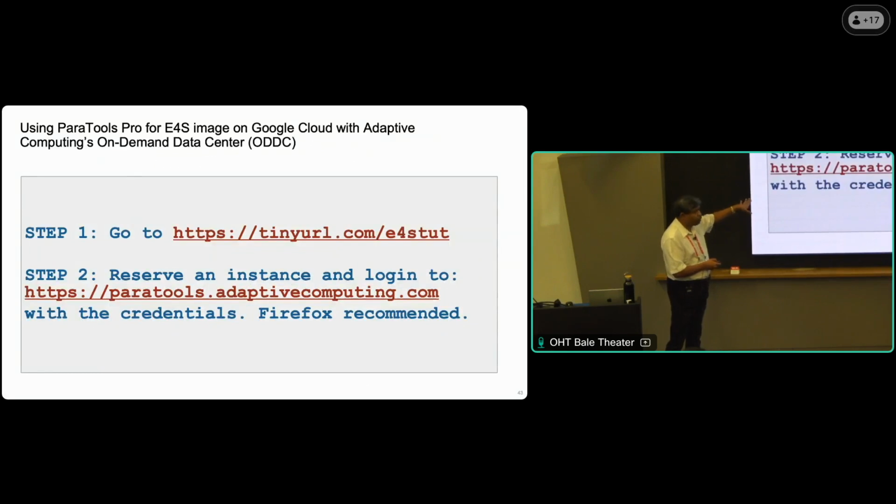an instance. How do we do that? We go to this first URL, tinyurl.com/E4S-tut. The slides for my talk are over here, and whatever I do is in the slides, step-by-step instructions. So please go and reserve an instance. And then once you have reserved, this link is also in the web page, go to this